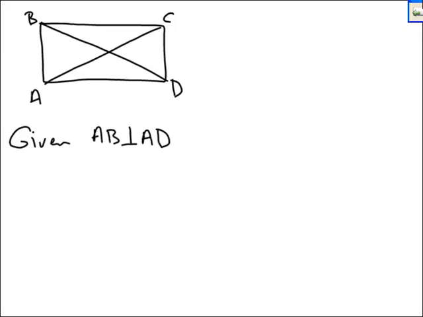And we're also given that CD is perpendicular to AD as well. And the diagonals, they must be congruent, AC, BD. This is basically the definition of a rectangle. And we want to prove